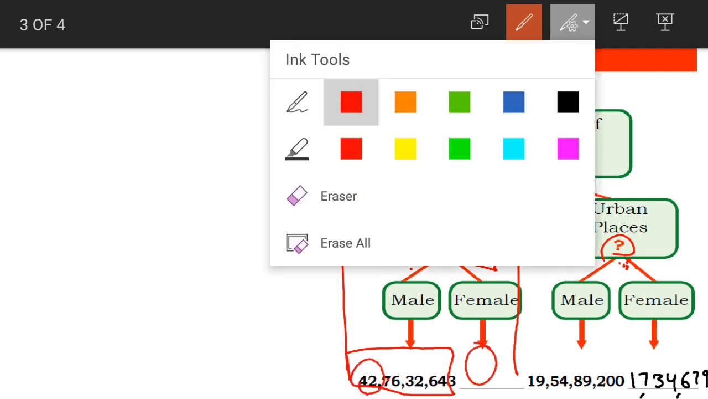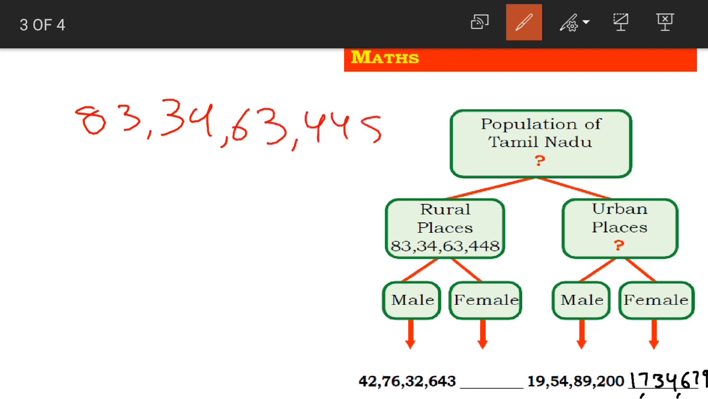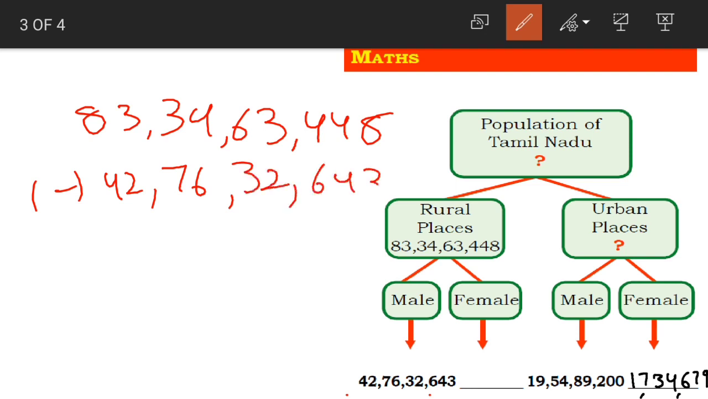Now we need to find out the female living in rural areas. Again, how do we do that, children? Total number of people living in rural places subtracted with the total number of male living in the rural places, that is 42 crores 76 lakhs 32,643. Now subtracting, 8 minus 3 is 5, 4 minus 4 is 0, 4 minus 6 it is not possible, so we